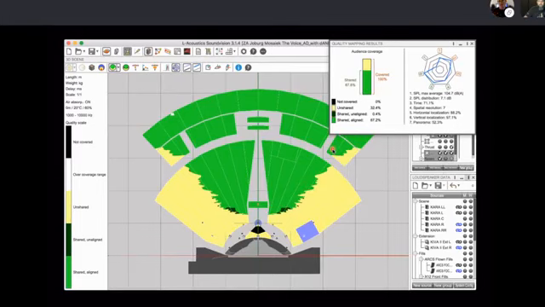Now, 2 years later, almost 68% of the seats got a spatialized experience, which, if this was an event that relies heavily on ticket sales, the promoter would be your best friend.